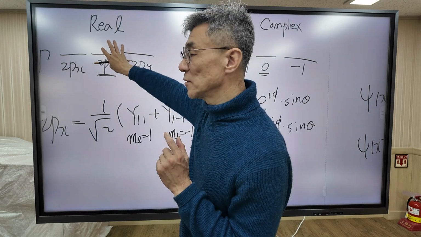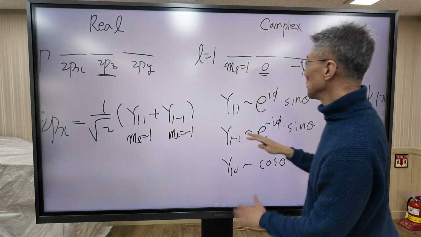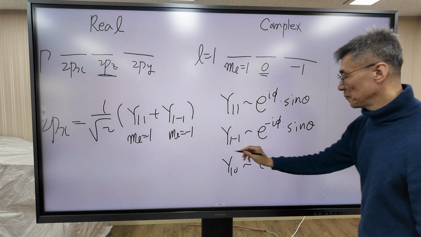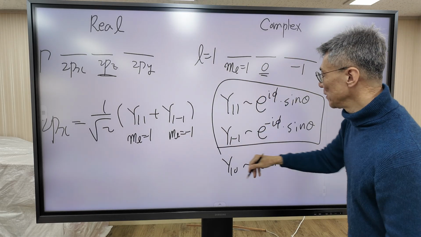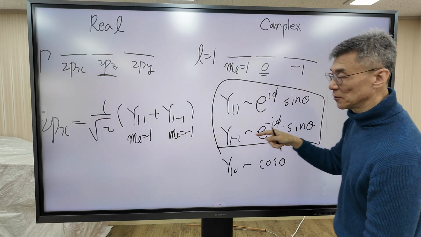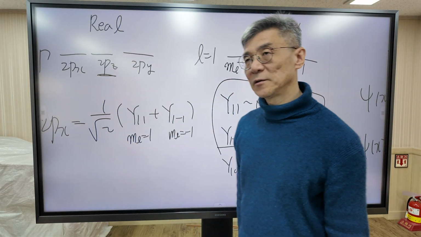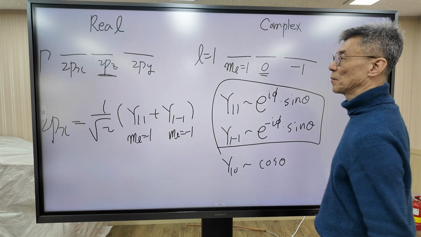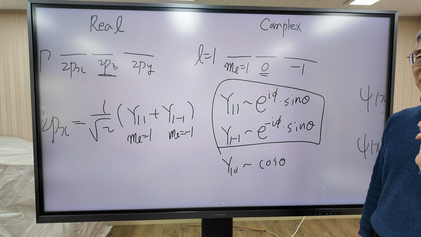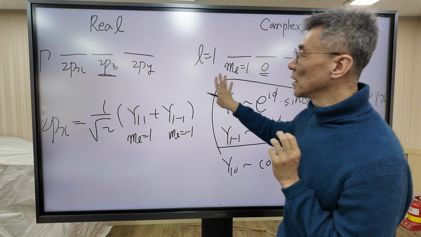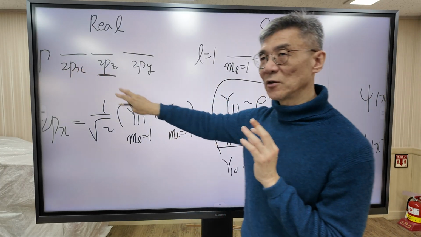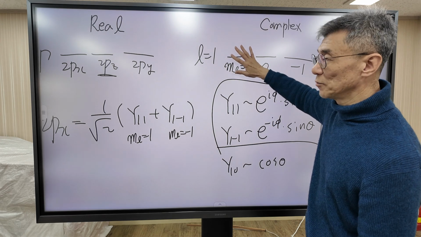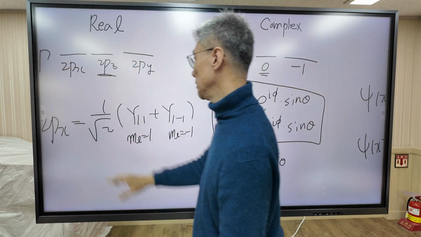You can see this function is a real function. But actually, when you solve the Schrödinger equation, this function appears, which is complex. But when you add these two functions, it is equal to 2px over there. So anyway, the two functions exactly represent the same set of functions. But there's a big difference between the m equal 1 orbital and the 2px orbital. So I will compare the electron in the m equal 1 orbital and the electron in the 2px orbital.